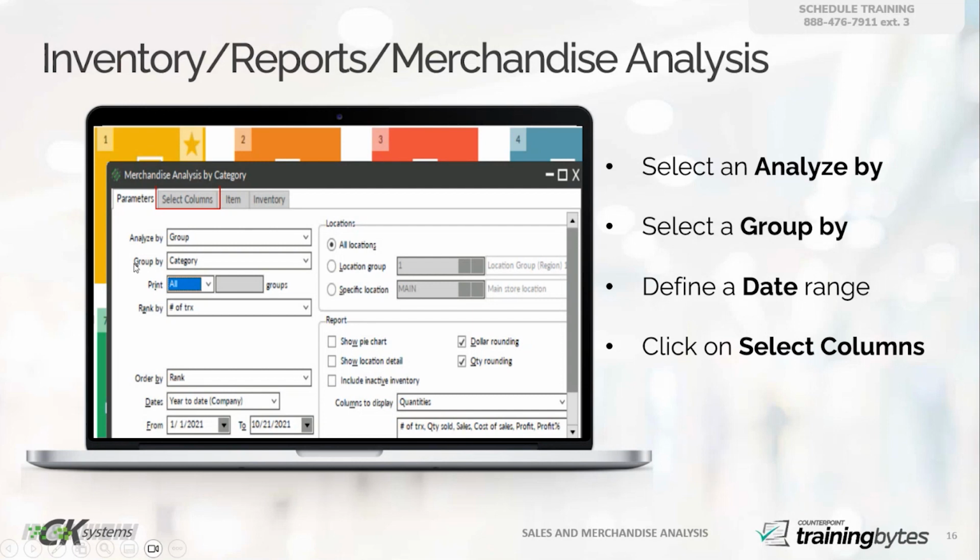Now, unlike sales analysis, a feature of merchandise analysis is that you can group the report by category or by vendor, which is very nice. You can't do that in sales analysis. Again, print is going to default to top 10, but you can make that any value you like, top 11, bottom 12, or all. Rank by,